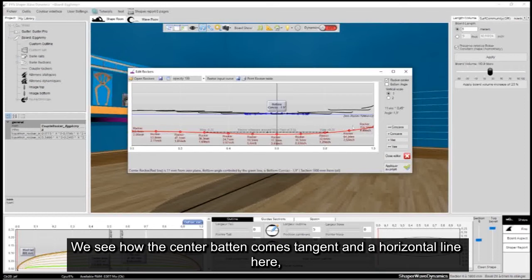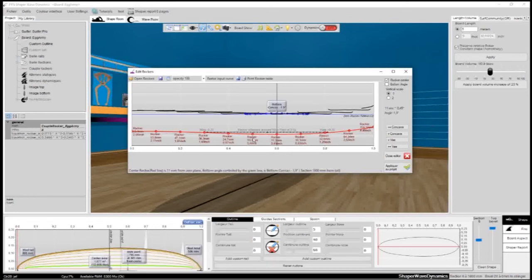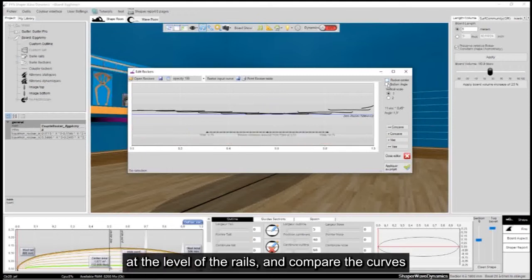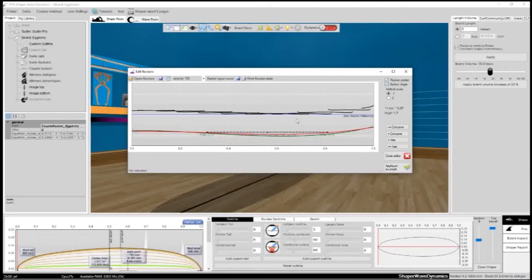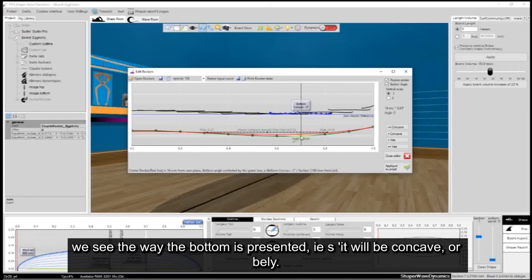We see how the center batten comes tangent to a horizontal line here, which is centered on the wide point. If we draw another line of rocker at the level of the rails, and compare the curves at the level of the central slat and at the level of the rail, we see the way the bottom is presented.